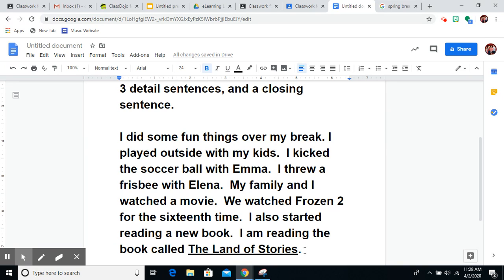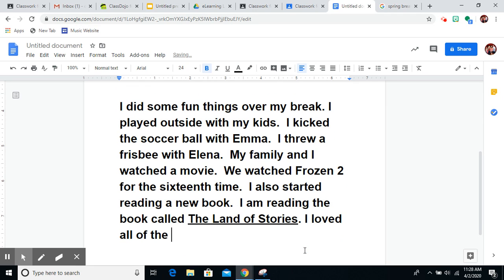And now all I have left to do is write a closing sentence. So my closing sentence needs to be something that is summing up what I just said, maybe something that is very similar to my first sentence, but I don't want to write the same exact thing as I did in my first sentence. So I'm going to change it up a little bit. My first sentence says, I did some fun things over my break. So I'm going to try to think of a way to say that same thing, but just write it in a different way. So maybe I will say, I loved all of the things I got to do